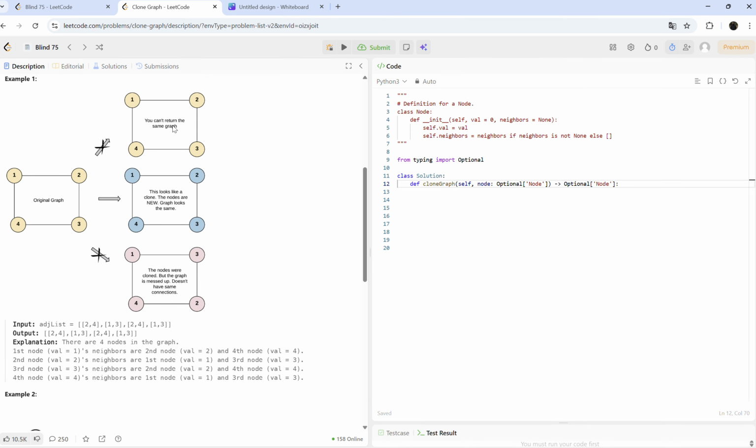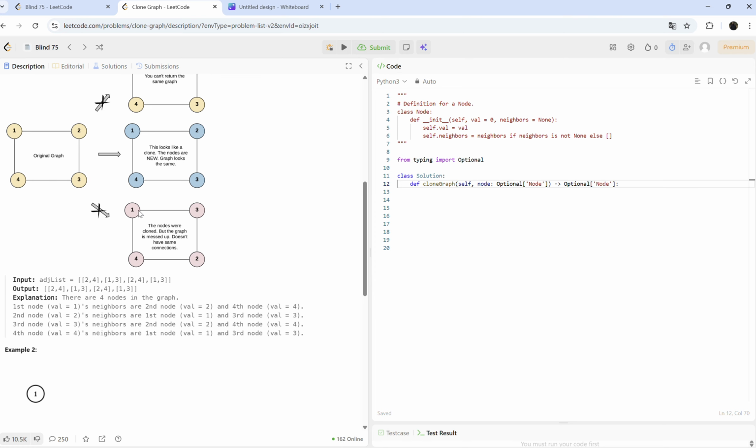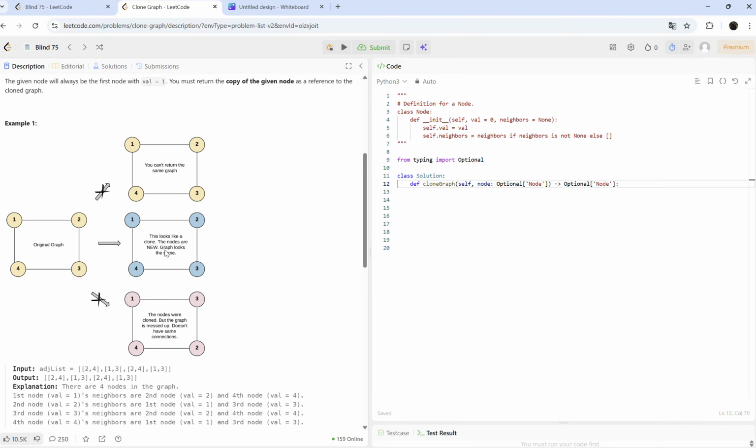We see that Leetcode has provided a very useful visual representation of what should and shouldn't be returned. The graph above shouldn't be returned because it's the same as the original graph. The graph below has a different ordering of the nodes compared to the original graph. You see that 3 is replaced by 2, and 2 is replaced by 3, so the ordering of the nodes is different. We have to return a graph which is an exact replica of the original graph. Hence we can't